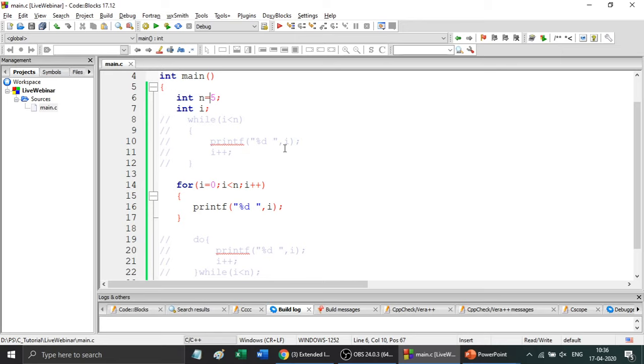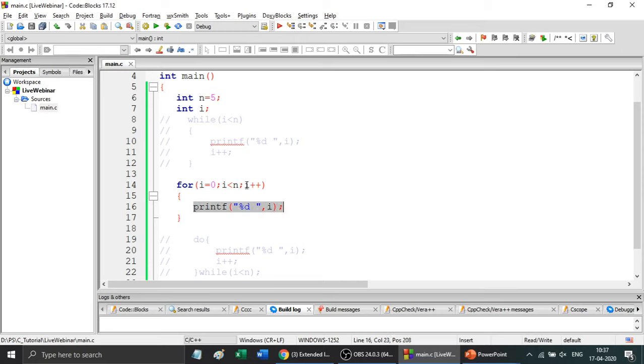Okay. In case the interviewer asks what is the difference between for loop and do while loop, you can explain the same thing, putting for loop instead of while. There is one thing which you need to remember. The sequence of execution is, first it will initialize the variable, then it will check the condition, and then it will execute the statement inside this loop.